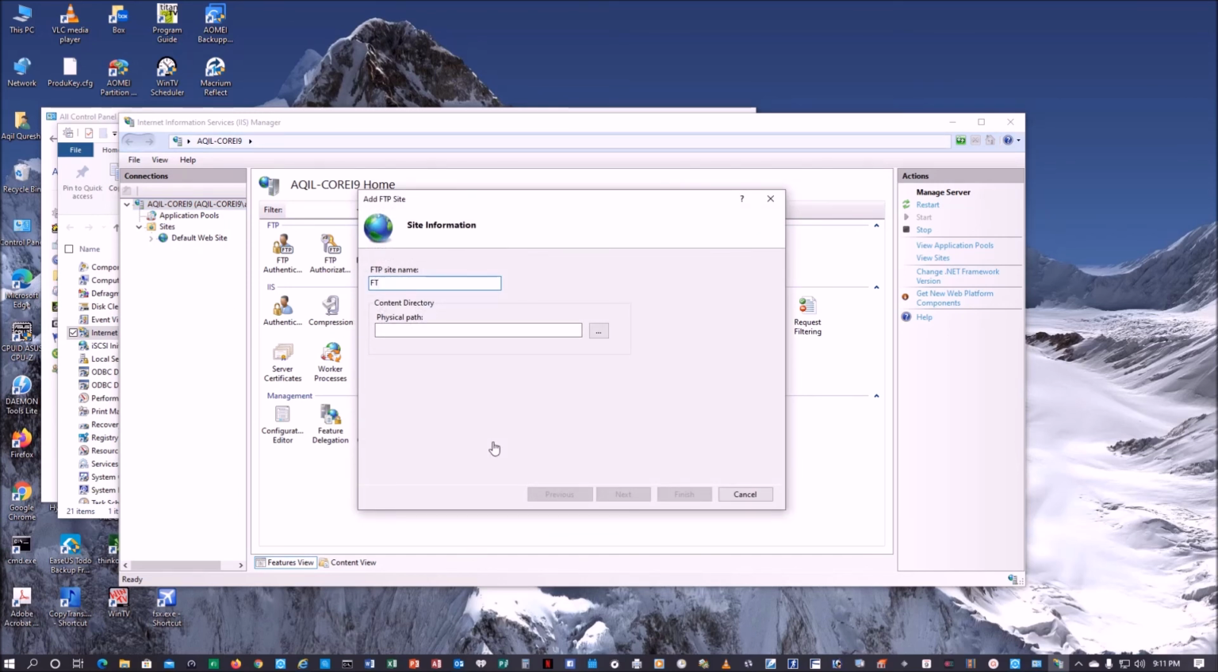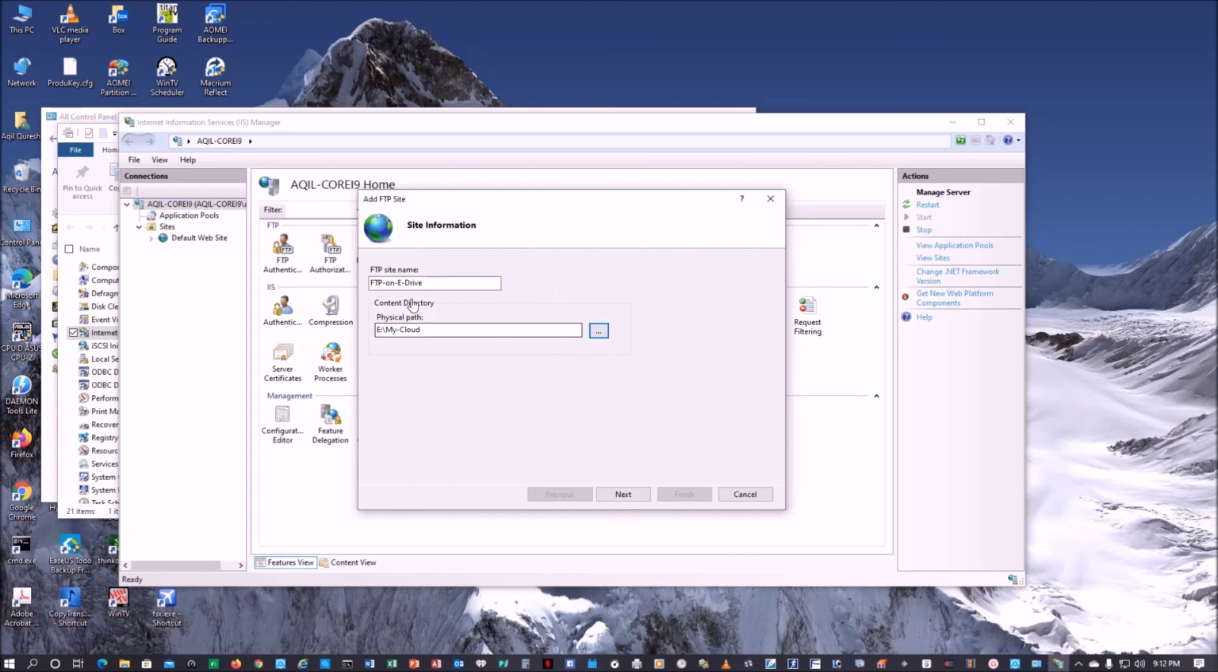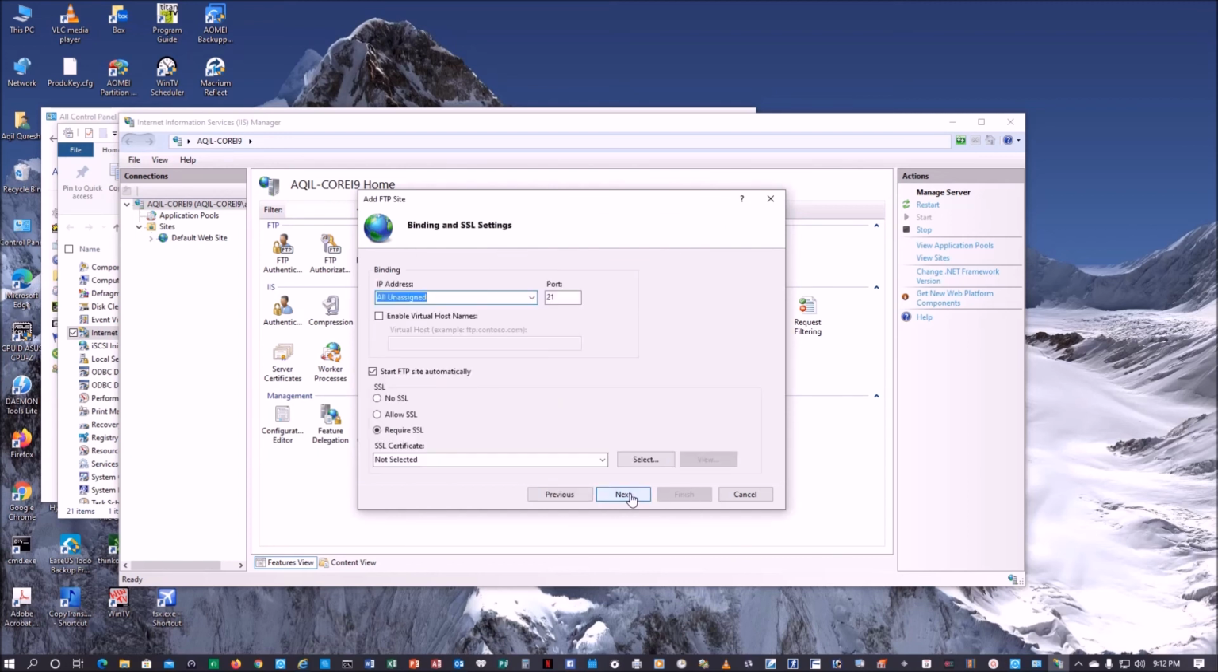I call it FTP on E drive, and remember our path, it was E drive. Okay, right here, and then we look for our folder, my cloud. Click OK. So that's the path. Click next. Now IP address. Remember my IP address was